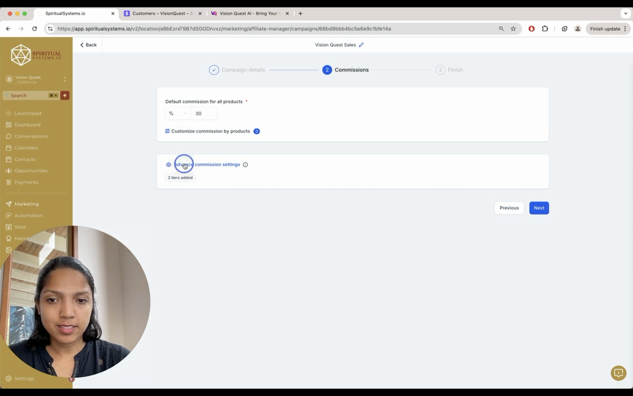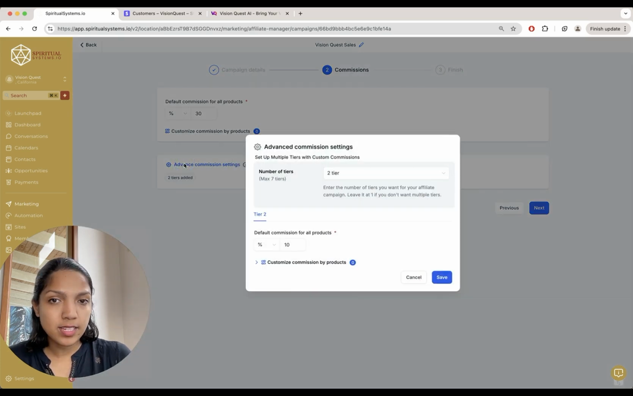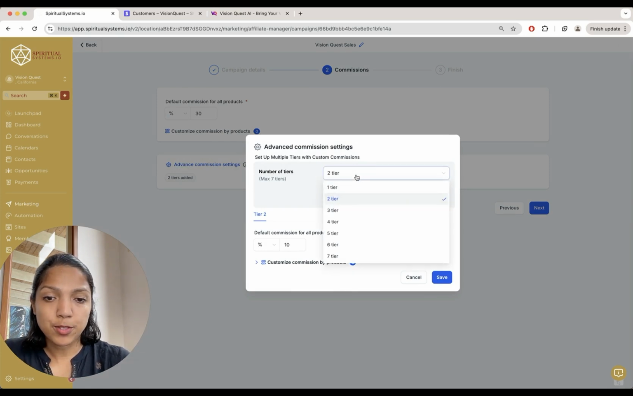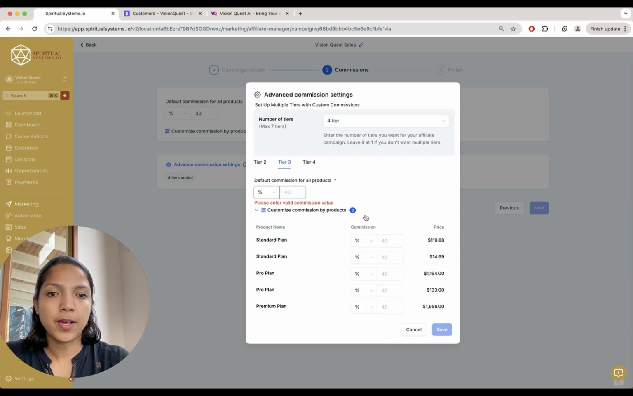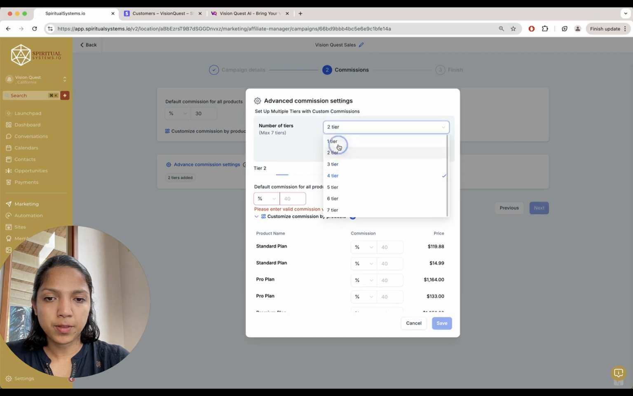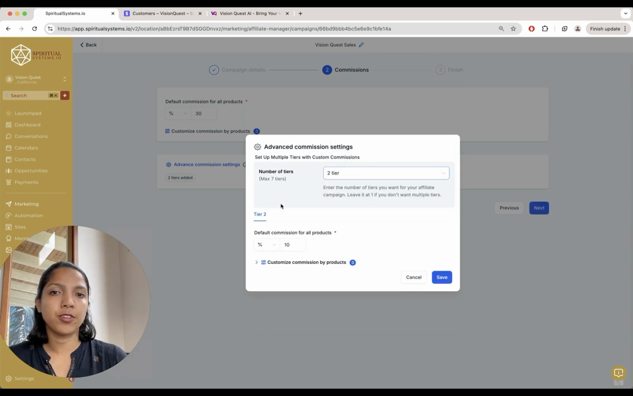Now, under advanced, this is where you'll set up your multi-tier affiliate commission structure. So you can select up to 7 tiers right now. And for each tier, again, you can offer a specific percentage or flat commission. And again, you can customize that. So what I have set up is just 2 tiers where the first tier is 30% and the sub-affiliate tier